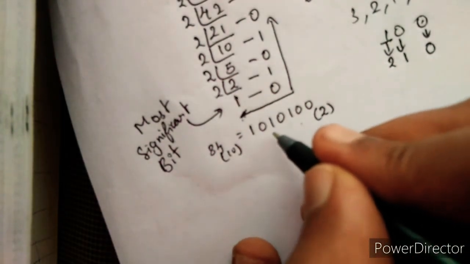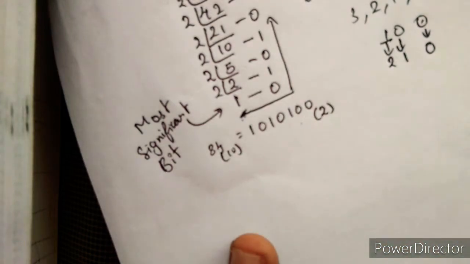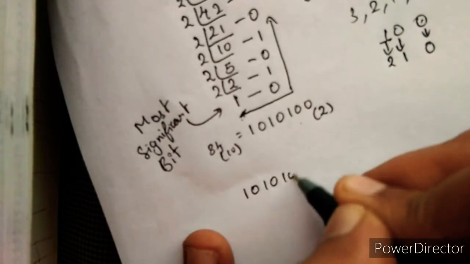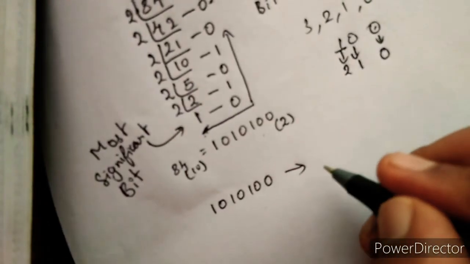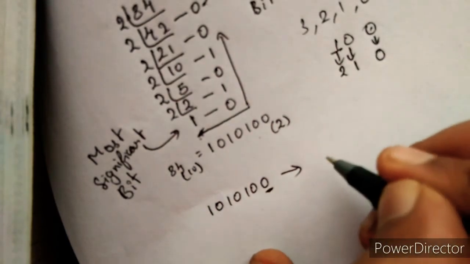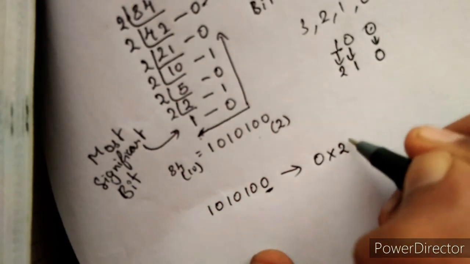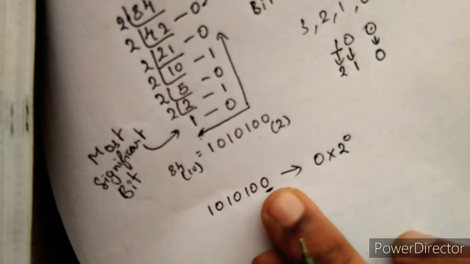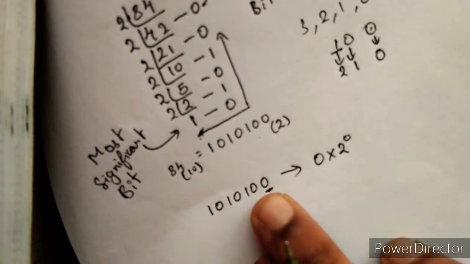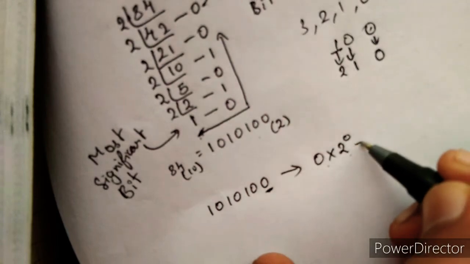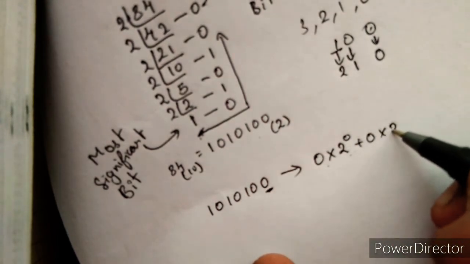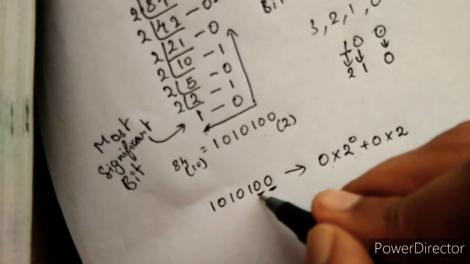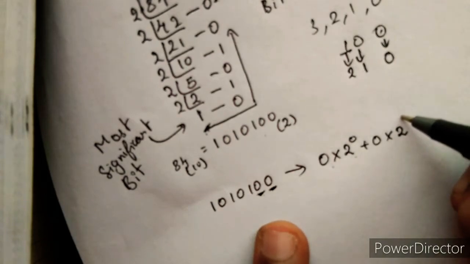So let's return to this number 1010100. Now if I write 1010100 starting from the least significant bit, it is 0 into 2 to the power 0. Remember, we must raise 2 to the place value and multiply it with the number given. So 0 into 2 to the power 0, plus 0 into 2 to the power 1, and add also 0. The reason I have taken 0 is the second number, 0 into 2 to the power place value, which is